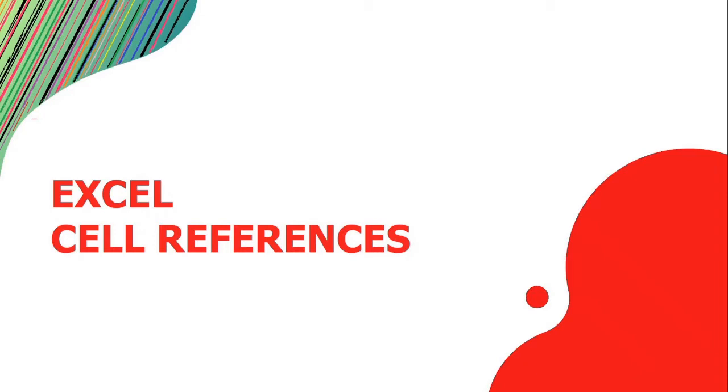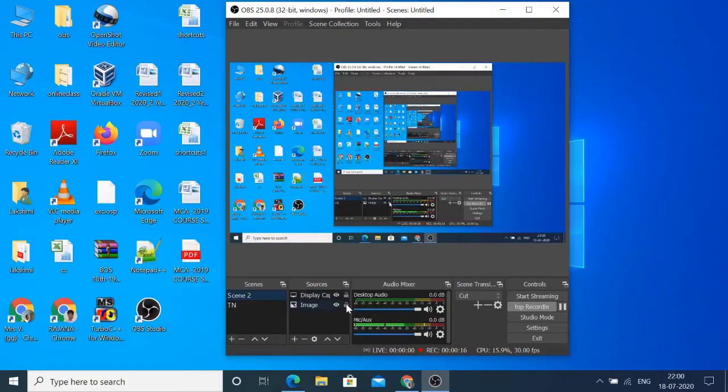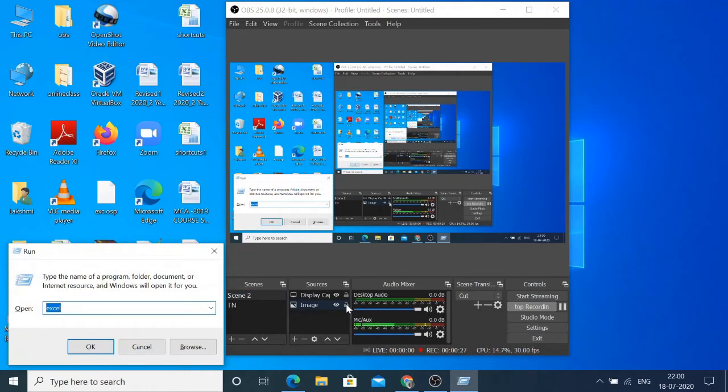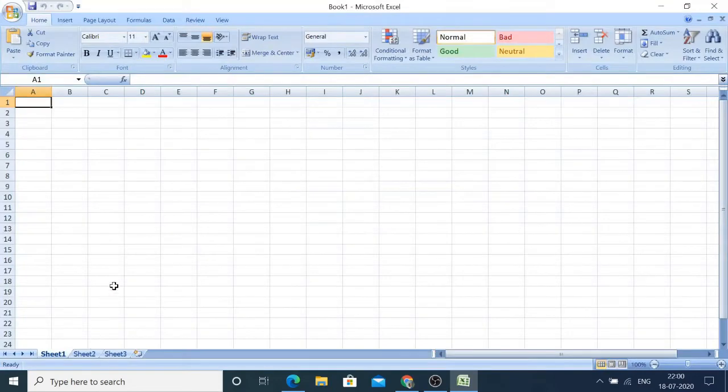In today's session, I am going to discuss cell references in an Excel sheet. For that, first of all, open your Excel sheet by using a shortcut key with the keyboard support. Press Window R, which in turn displays a dialog box called Run. Inside this dialog box, type Excel. Once we click on OK, it is going to redirect to your Excel sheet where the sheet is